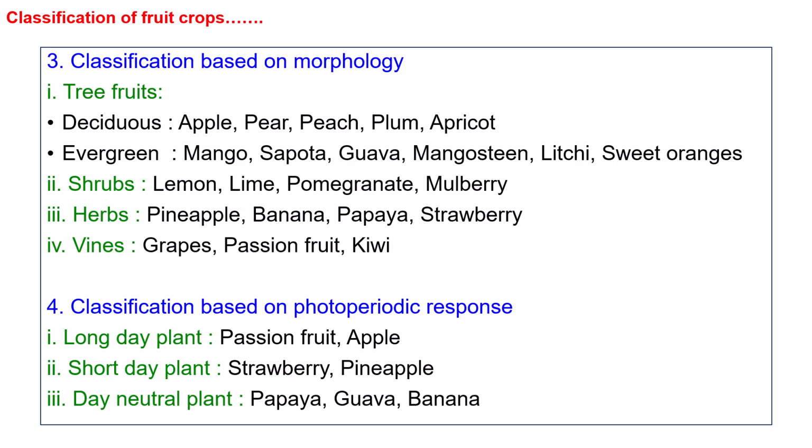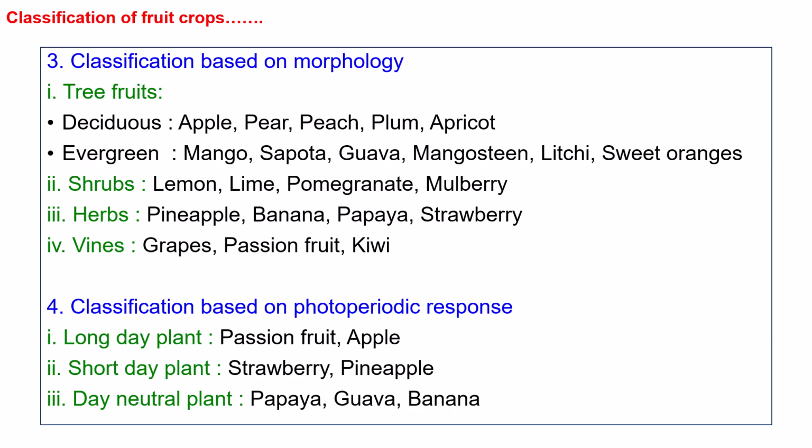The next classification is based on morphology. So some will be tree, and in tree also there will be deciduous trees and evergreen trees. In deciduous we know, like temperate fruits. And in evergreen like mango, sapota, guava, etc. Then coming to the shrubs, lemon, lime, pomegranate and mulberry; herbs, pineapple, banana, papaya, strawberry; and vines, all are familiar